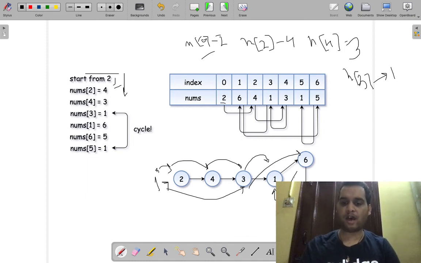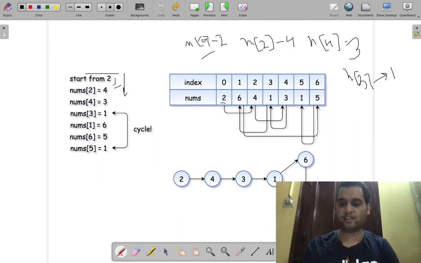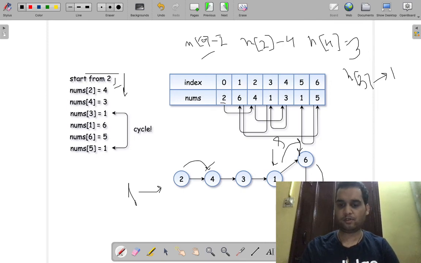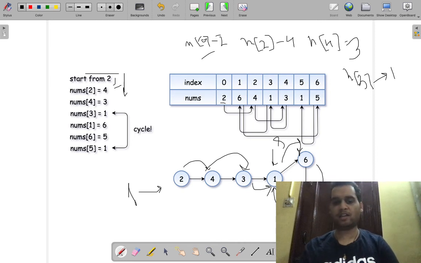So for now our slow pointer is at 1, and for the second pass we will initialize fast to 0. This time we are only going to move it by 1. So slow will go to 6, it will go to 4, it will go to 5, it will go to 3, and they are going to meet at 1. Okay, so here we will get the duplicate number. So we have seen this logic in 2 examples.